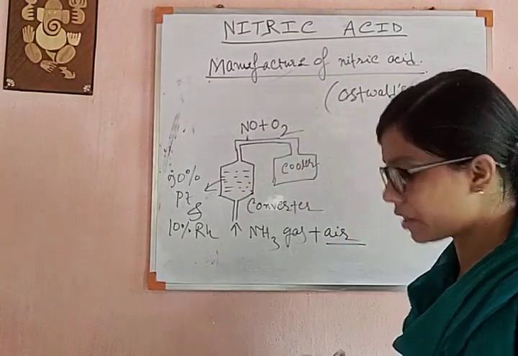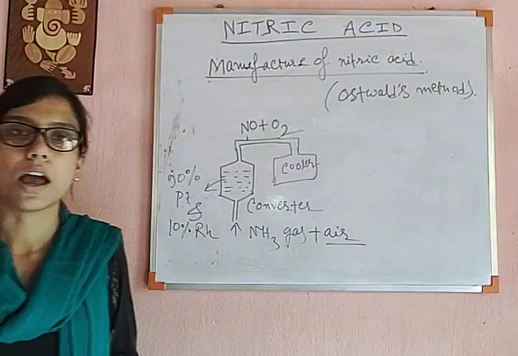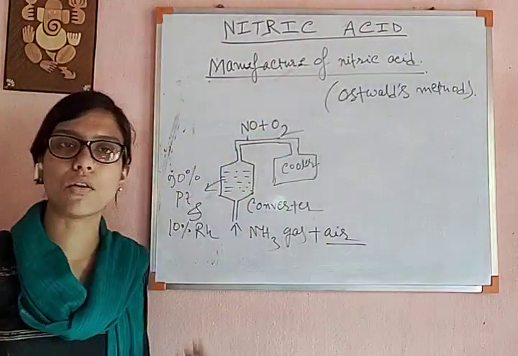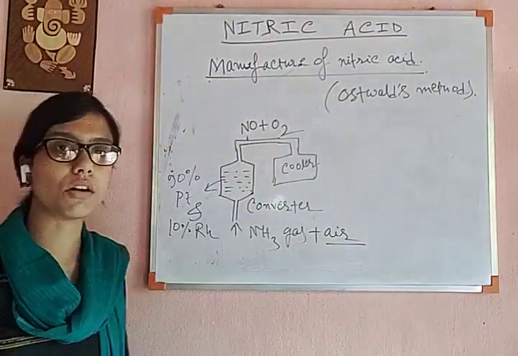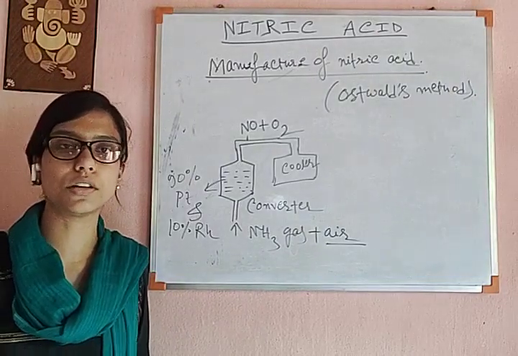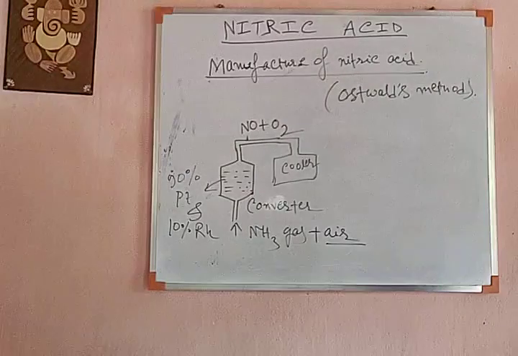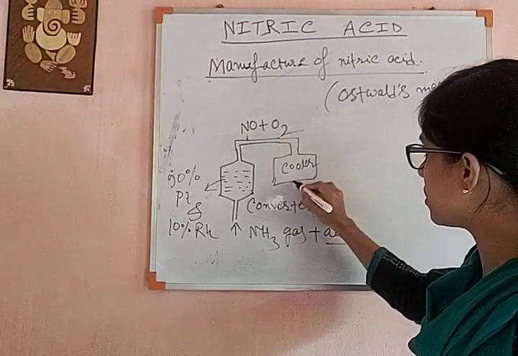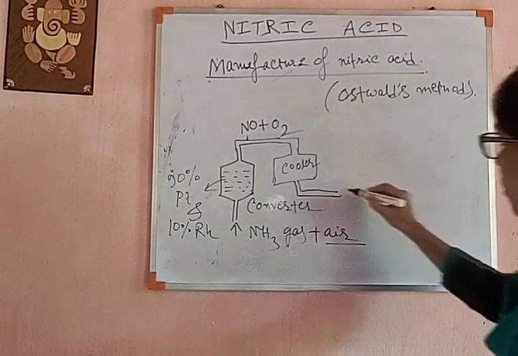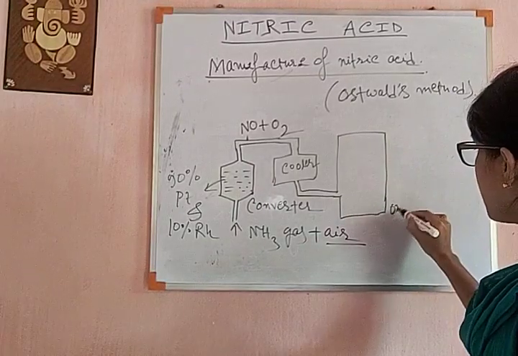You know this is an exothermic reaction. The first step, the ammonia plus oxygen reaction, is exothermic, and as it is exothermic we have to cool it. Before putting this mixture into an oxidation chamber, we have to cool it because cooling favors the oxidation. When it is cooled, oxidation will be very good. So it goes through the cooler, and in the next step we put it into an oxidation chamber.